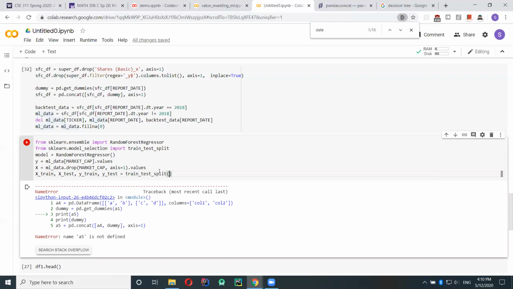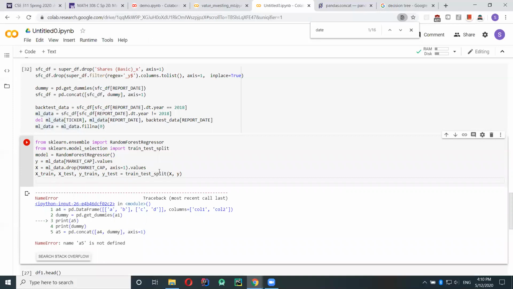This splits the data randomly. The default is 75% for training and 25% for testing. You put in the input matrix, which is the X values, and the output values, which is the Y values. The X values are like the manipulated variable and Y is the responding variable, like when you're plotting.